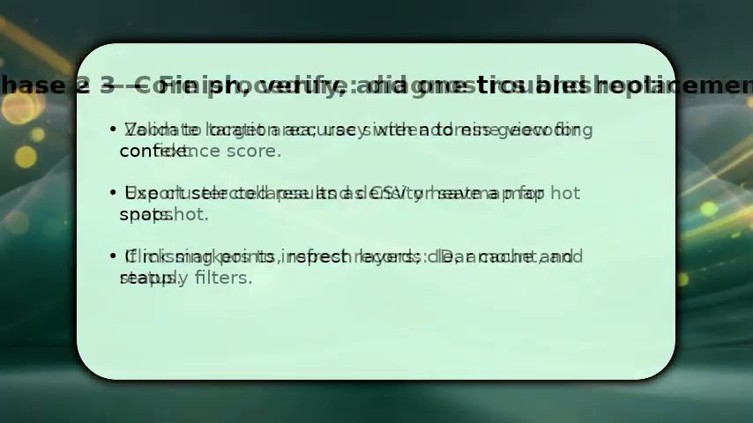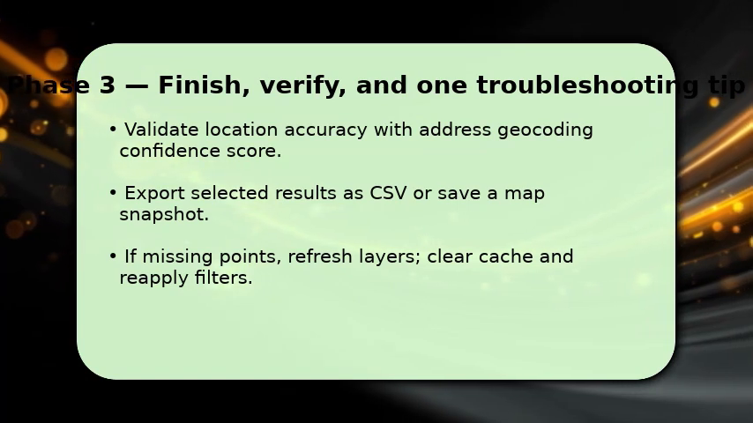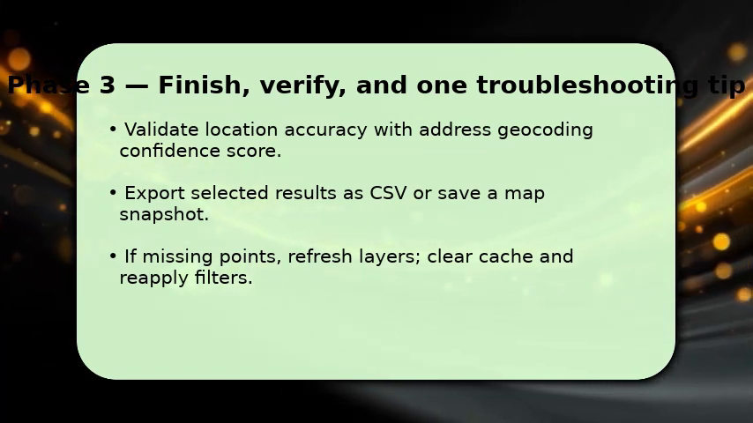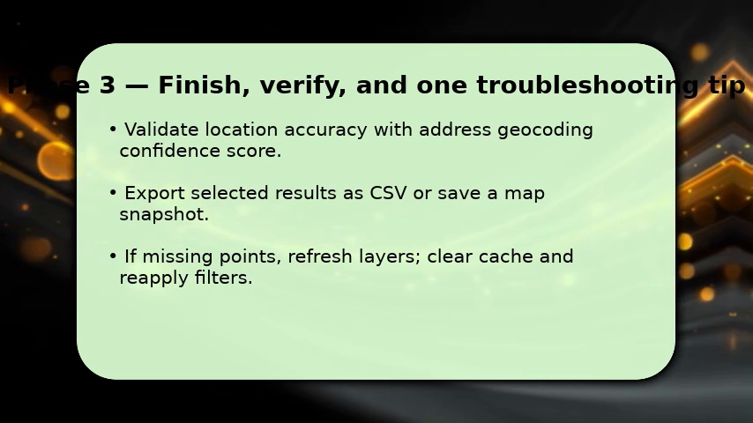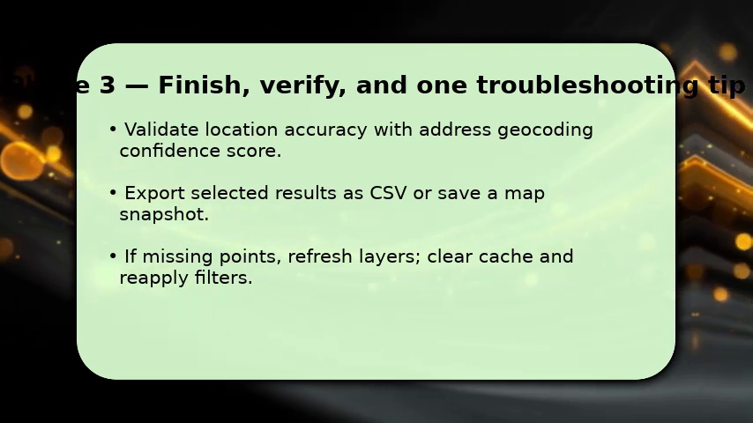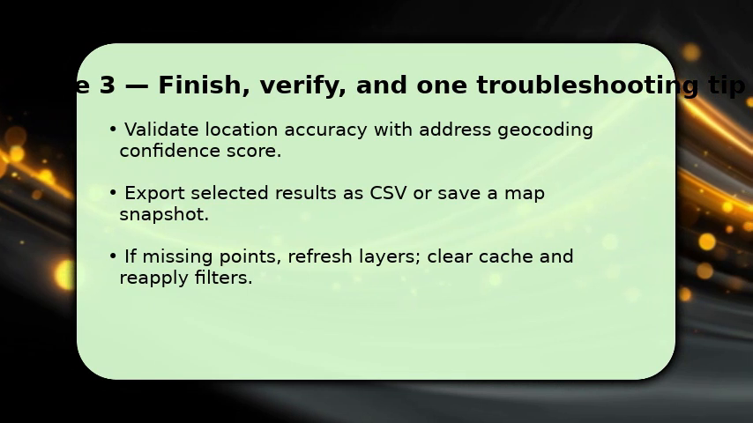When you identify a det location, validate it by checking the address geocoding confidence score so you know how reliable coordinates are. Next, export the selected results as CSV or save a map snapshot to preserve your findings and share